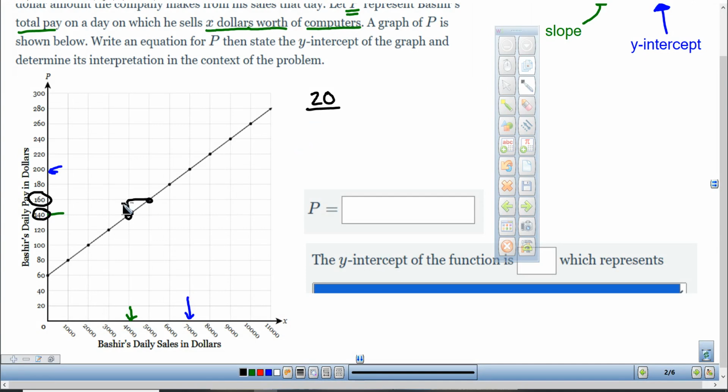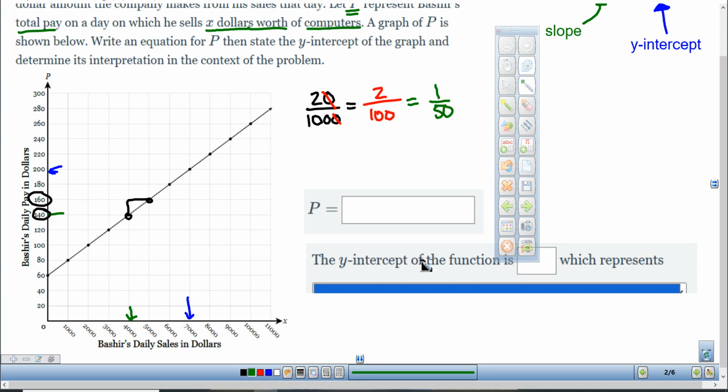Then we talk about the change in the X value. Now, again, it's only 1 block's worth, but every block here is worth 1,000. So it's actually 20 compared to 1,000. So if Bashir sells $1,000 worth of equipment, he's going to get $20 added to his pay for that day. We can reduce this down. If we do 20 for 1,000, well, we can divide both of those by 10, and we'll get 2 for every 100. He gets $2 on every $100 that he sells, and that still simplifies down to just 1 for